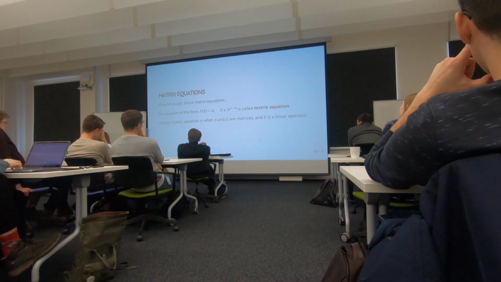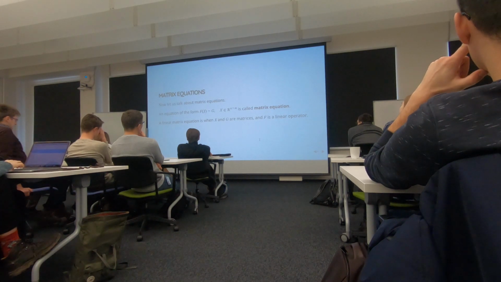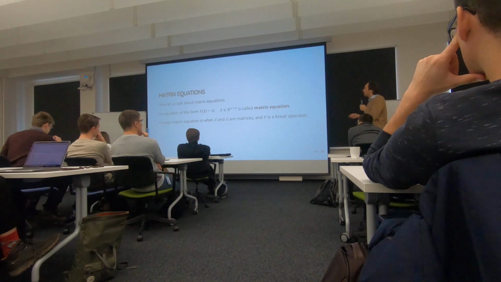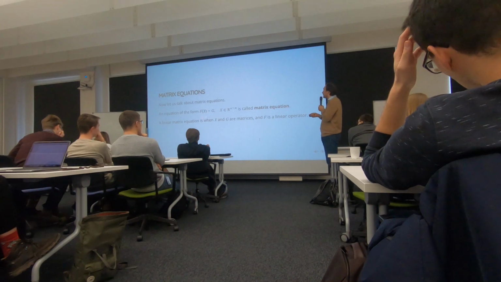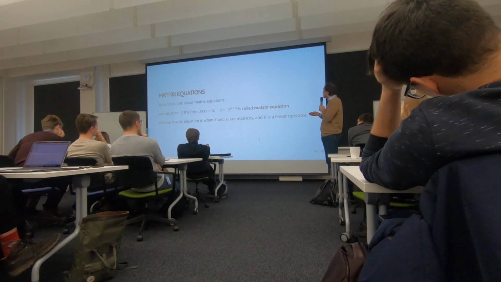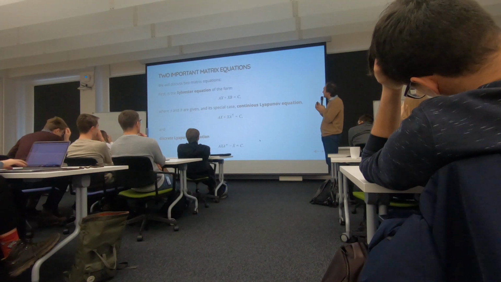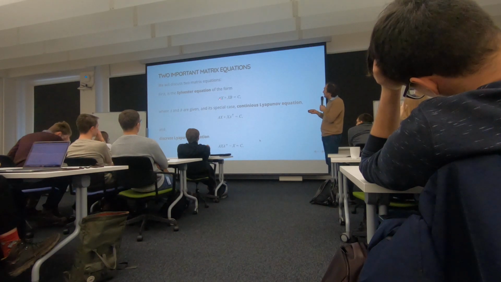very few words about matrix equations. Only two things. If you have what is called a matrix equation, the unknown is a matrix. And there are two important classes of equations. The first is called the Sylvester equation, where we have AX plus XB equals C. And if this matrix is the transpose, this is a